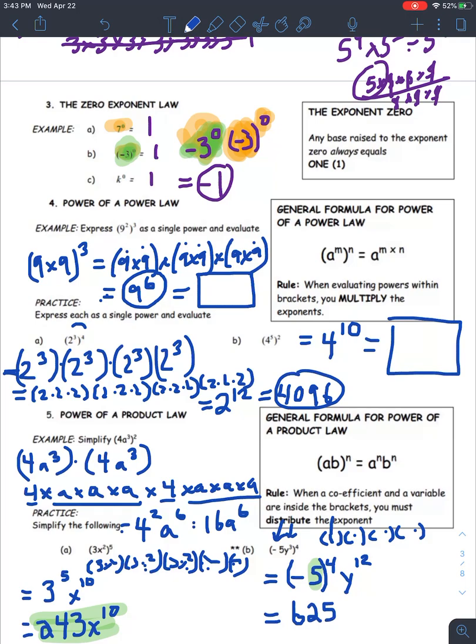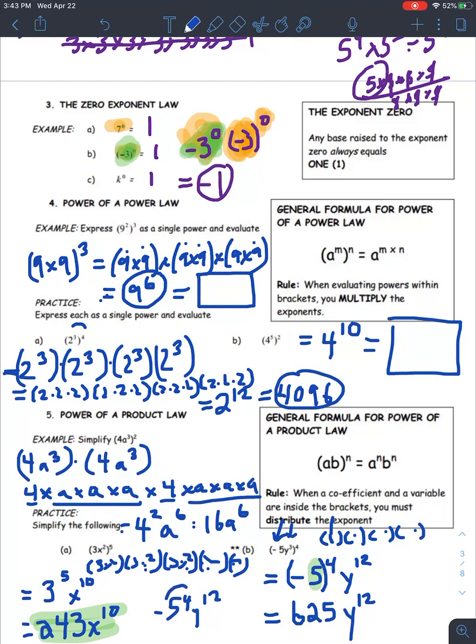Not negative 625. Okay, for those of you who forgot to put brackets around here, your answer would have ended up being negative 625 because you forgot that the negative should be raised to the power of 4 as well. When you multiply a negative times a negative times a negative times a negative, so 4 times, it ends up being positive. But if you just do negative 5 to the 4,